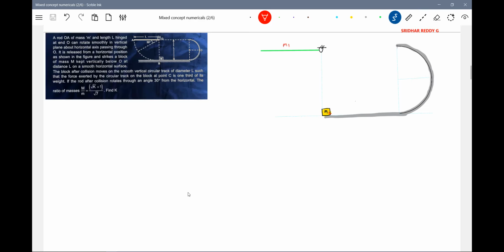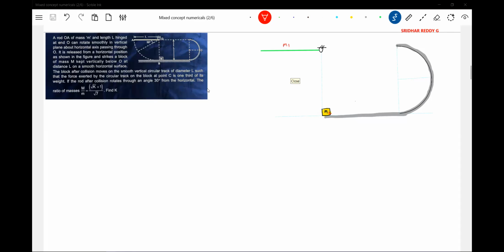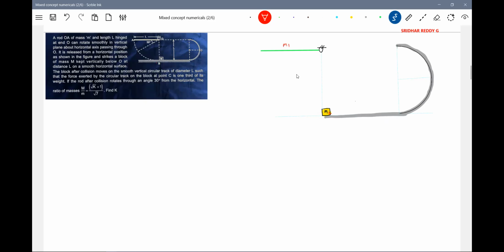How to write the collision between the rod and the block? See, these are the difficulties you face when you do preparation chapter-wise, especially in the last 2-3 months. It should be all about the full paper that you have to solve. You should never go for individual chapters because now your mindset is conservation of angular momentum. Your mindset is like you are trying to think about collisions only. With the idea of collisions, you want to solve the final exam. How do you say that it's a collision? Nothing general. So here the rod will collide, you can't apply the collision here. You have to go for conservation of angular momentum.